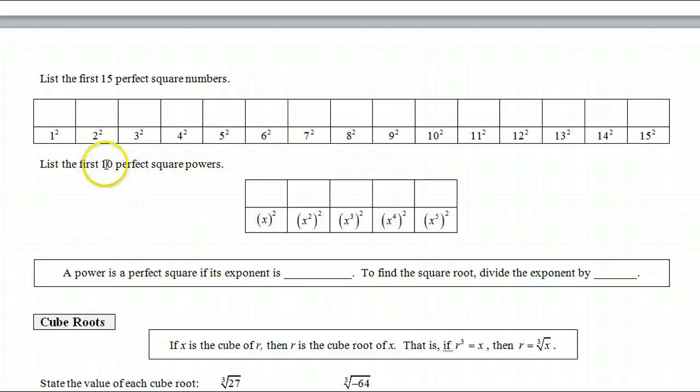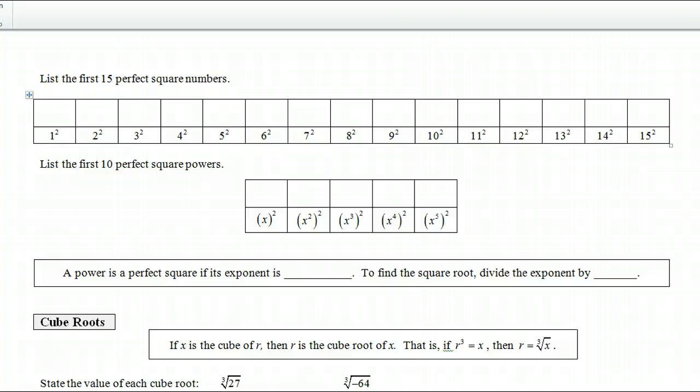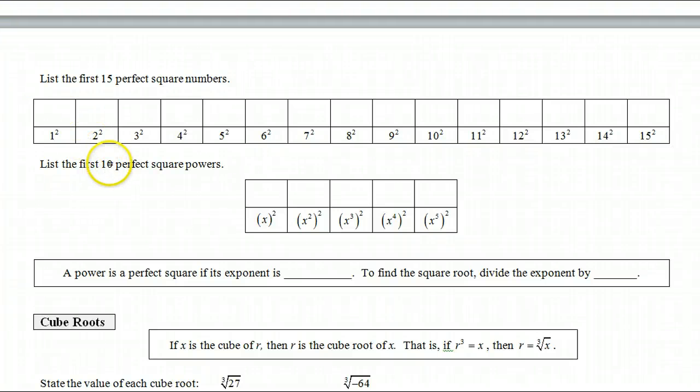And really, I think here what we're doing is, oops, I'm highlighting. I think what we're doing here is really just listing the first 5 perfect square powers. In other words, powers that have a square root, right? x squared, x to the 4th, and so on. And then the same idea with cube roots, both the cubes of numbers,